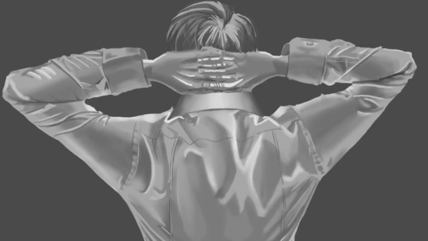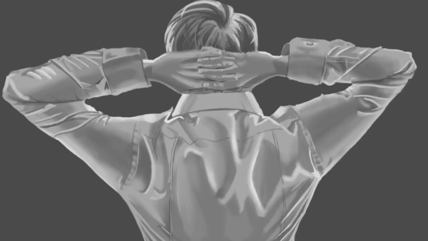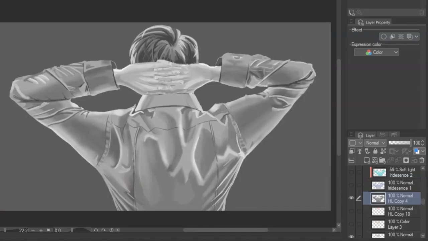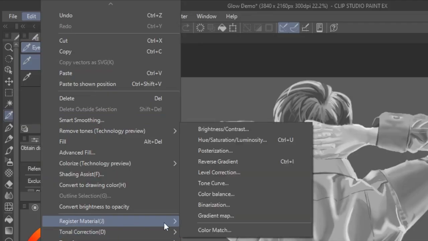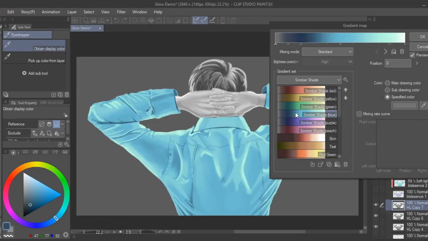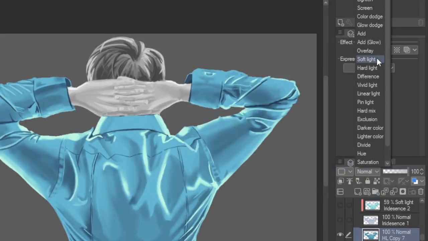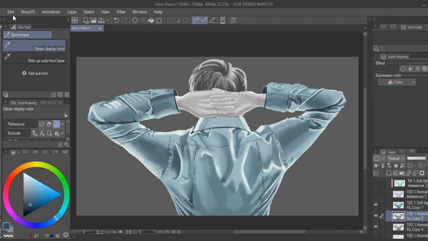Let's reset the lighting scenario for the subject to outdoors, where the light is coming from above instead of directly behind the person, to demonstrate. One way I learned how to add iridescence is through the YouTuber Fengzao, where you duplicate a layer twice and put one layer through a gradient map before setting the color mode to soft light, and then taking the second duplicate layer below it and experimenting with